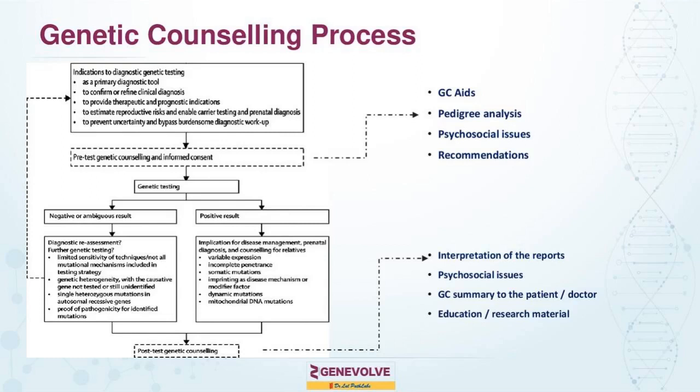Secondly, if it is negative, is it a true negative or is it something else, or could other genetic testing be referred for? And even if it is a VUS, what further workup can be done for clinical correlation, or maybe familial testing? All these aspects are to be considered once the results are out. These interpretations are taken up in the post-test counseling, always with the psychosocial issues which come across whenever we are dealing with the patient.